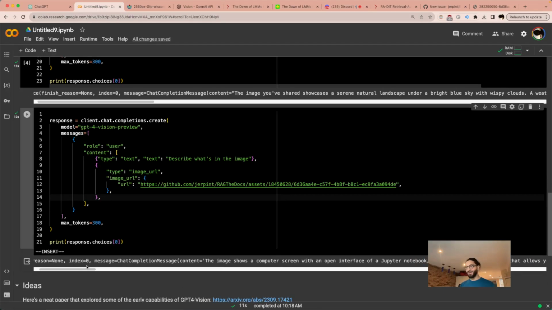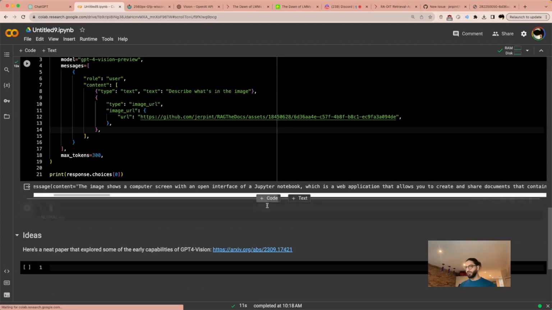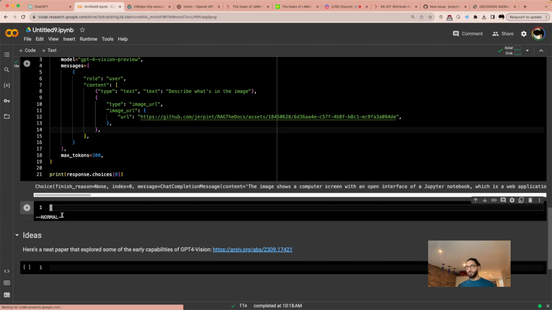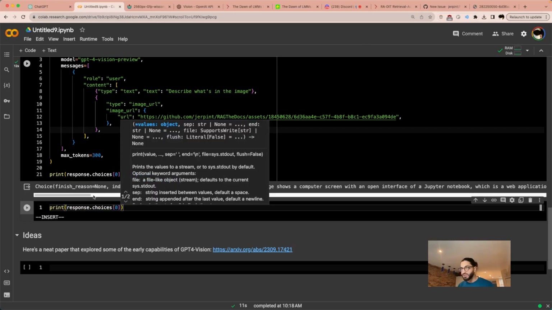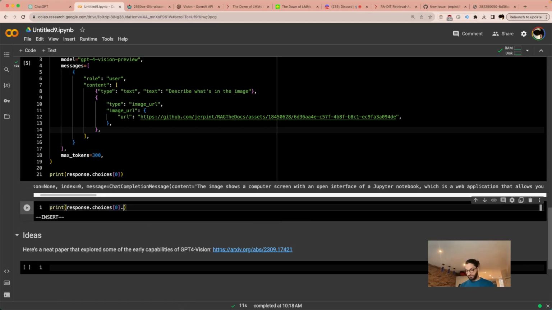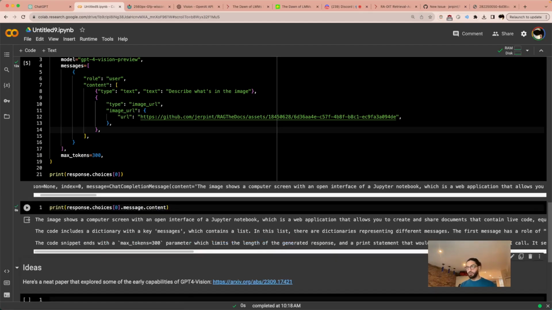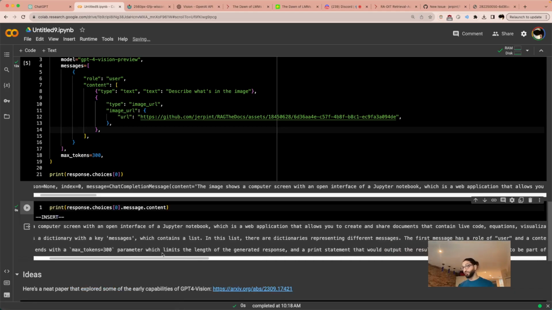Okay, all right, not bad. So, you know what? Let's also print this a bit prettier. So, how do I get this? Print response dot choices 0, and then what is it inside? Inside message dot content. All right. The image shows a computer screen with an open interface of a Jupyter notebook, not bad,